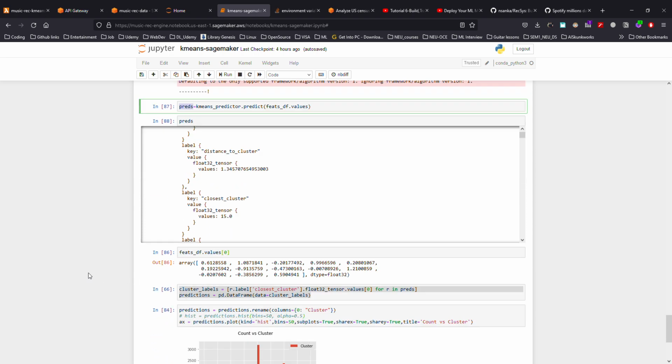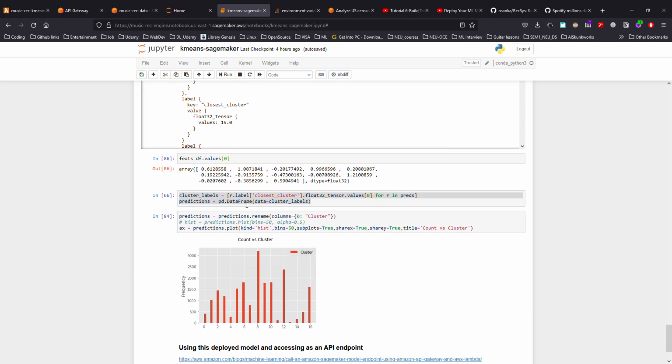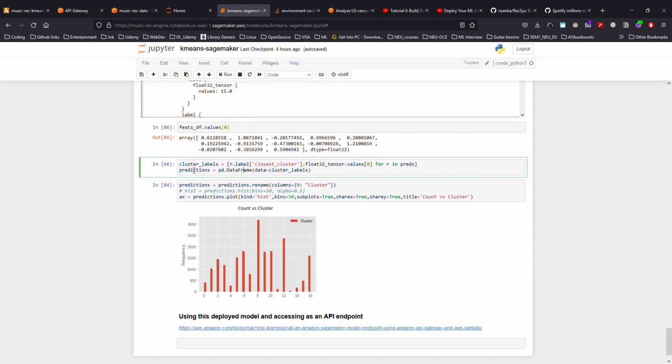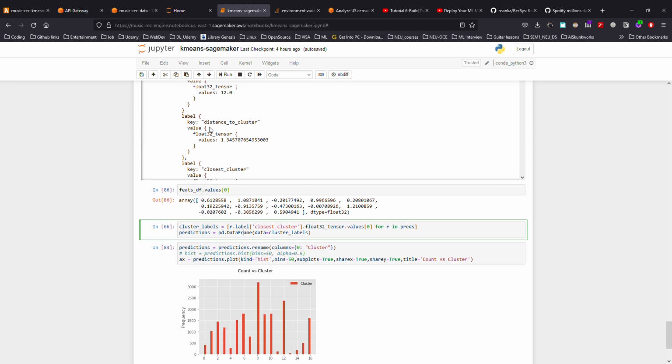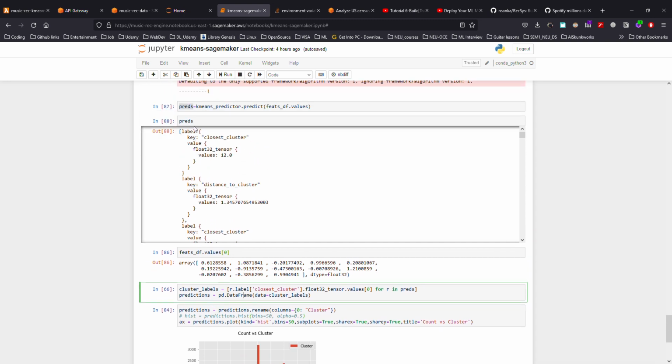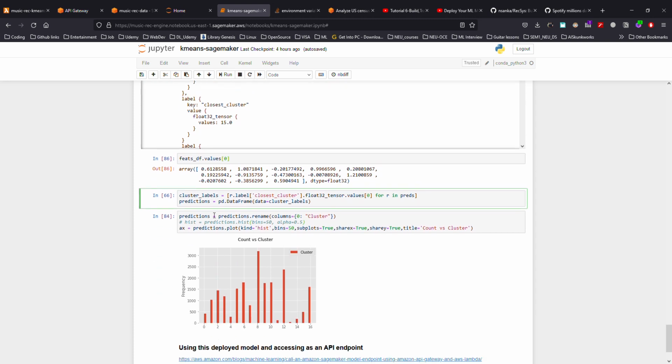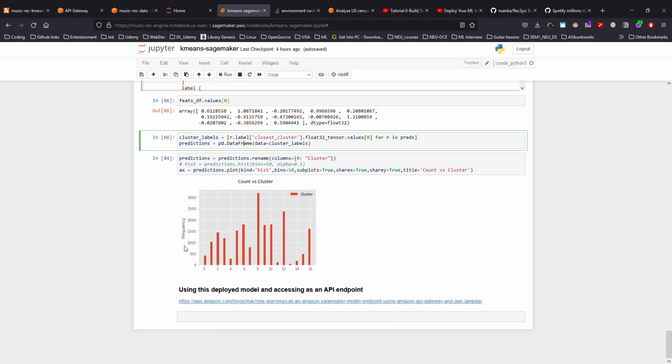So I've also, from this particular JSON value or whatever the dictionary that we are getting, taken the list of prediction values. So we create clusters from here, have the prediction converted into a data frame and then plot it. So you can see there's a frequency versus the clusters. You can see there are more values in the data frame that fall in the 8th cluster, and least for 13 or 4 or 0. So 0 here is like the 1. So it's like cluster 1 to cluster 15 or cluster 17.